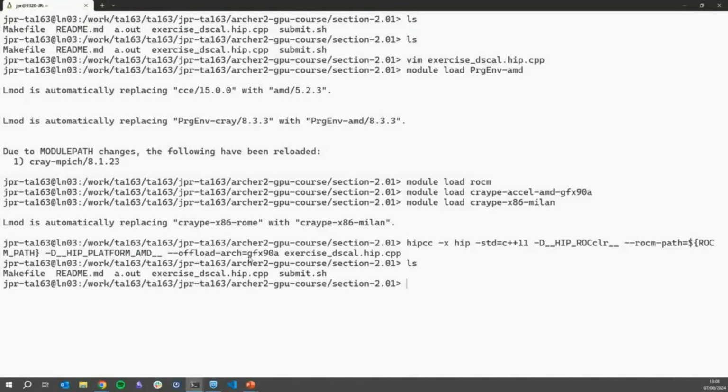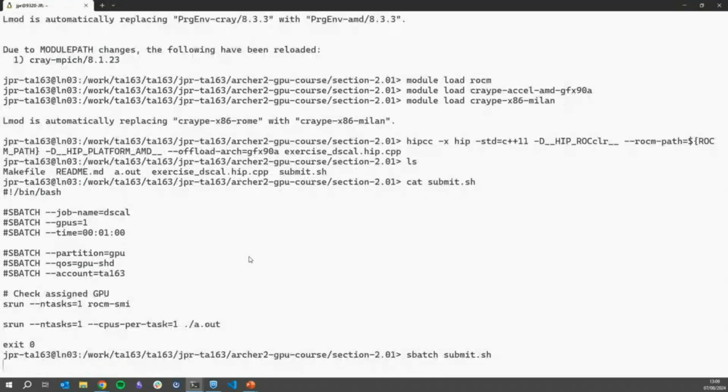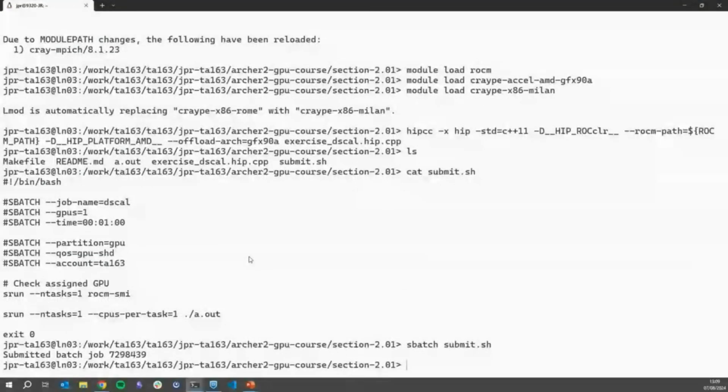Okay. And now I have some .a.help file. I have some submit scripts so I can submit to the queue. I'm also going to run Rockham SMI before I run .a.help. If we submit that